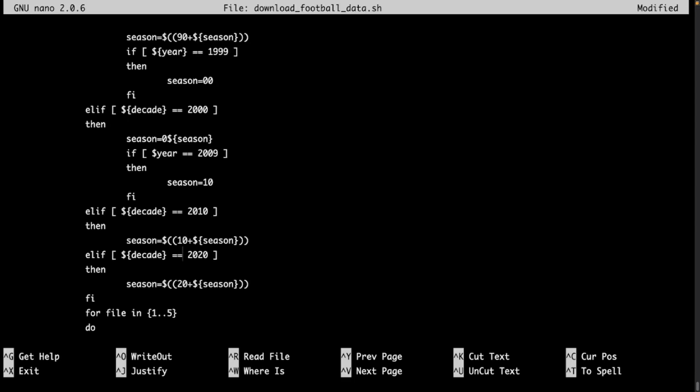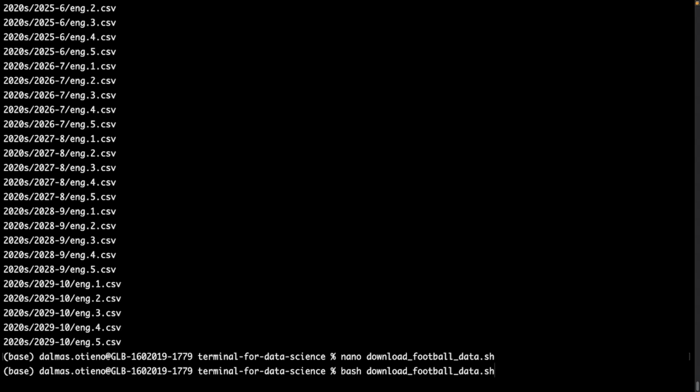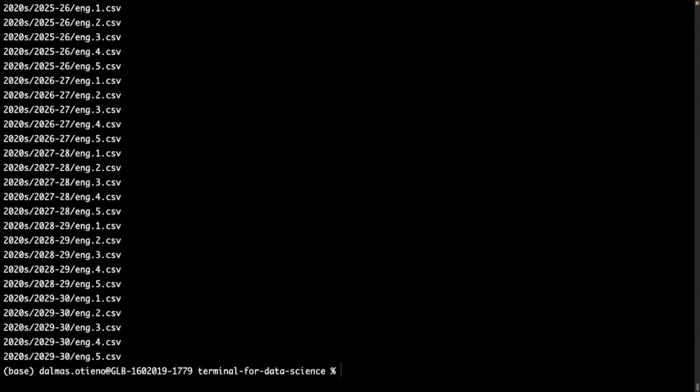So Control O, enter, Control X, then let's run this. So 2029 to 2030, that's fine. 2021, 2022, 2019 to 2020, 2018 to 2019. I think we are close to generating all